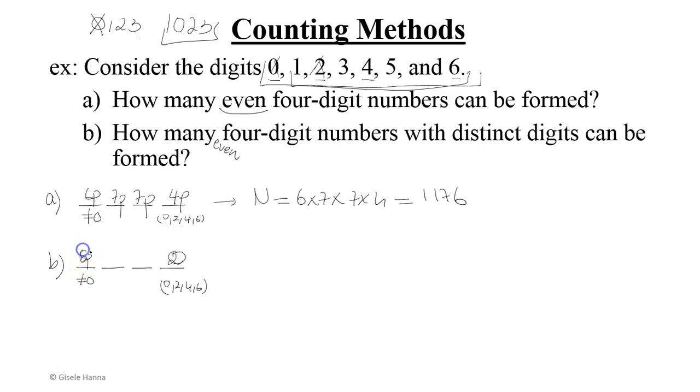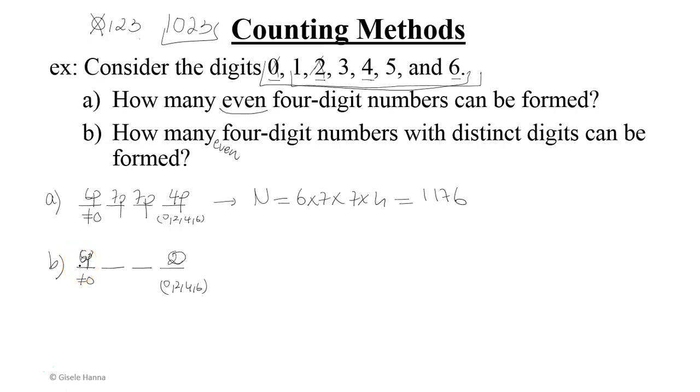So the first digit would actually have 6 possibilities. You'd notice that when repetition is not allowed, the choice of the last digit, whether it's 0 or a non-zero digit, affects the number of possibilities for the first one,